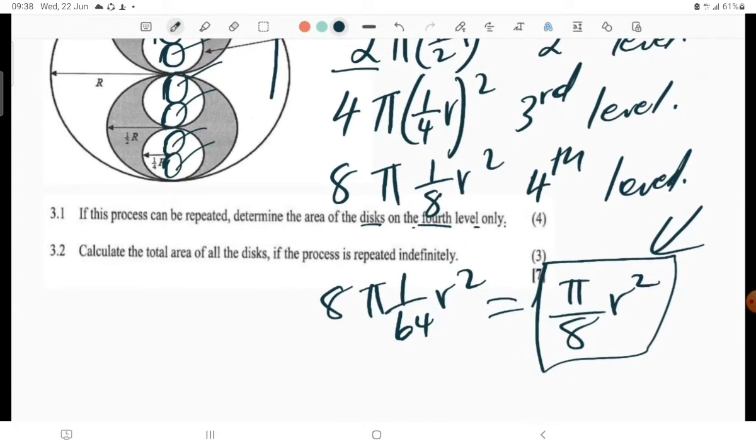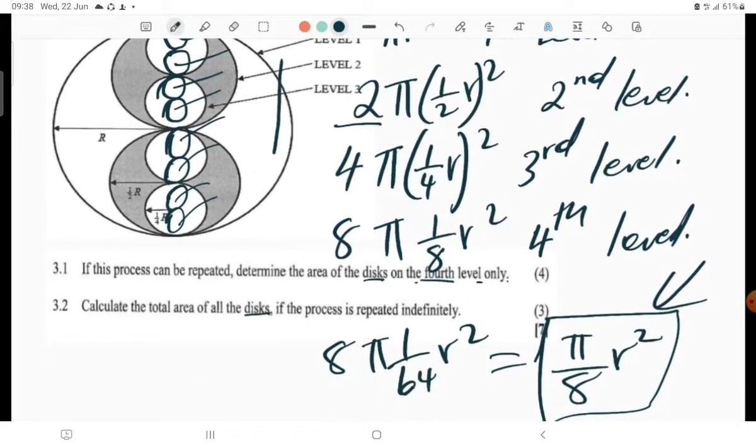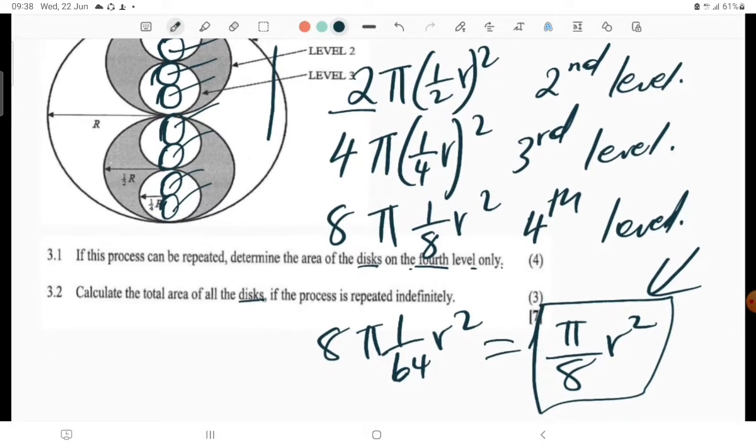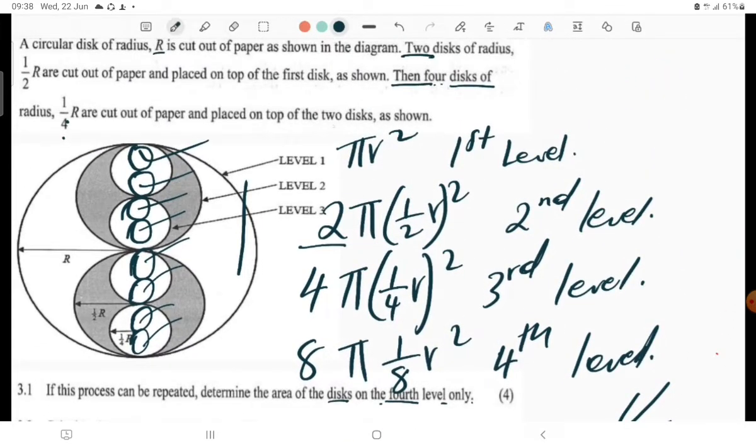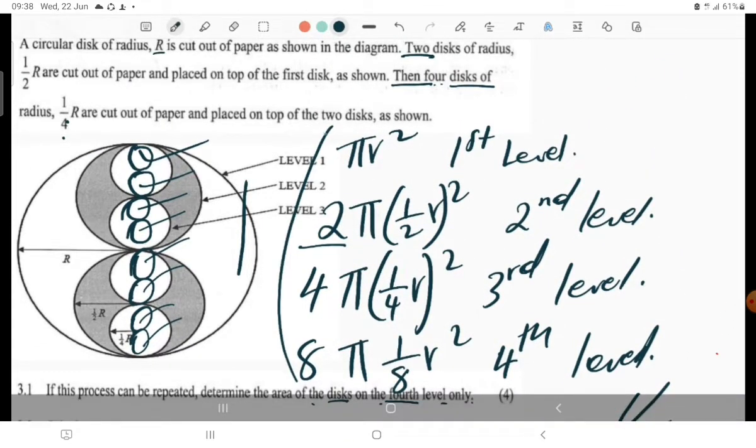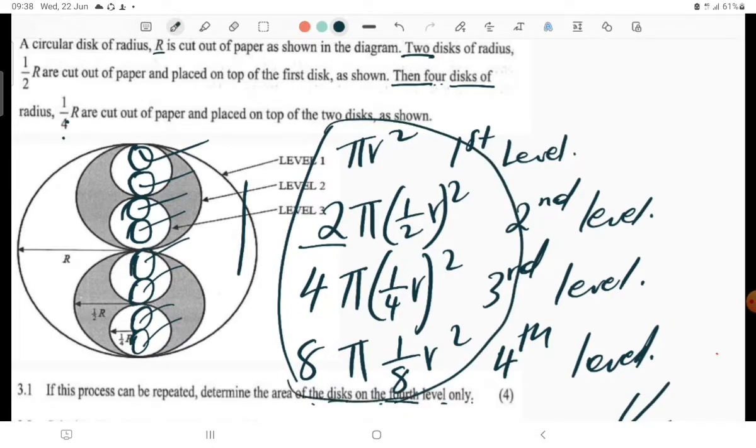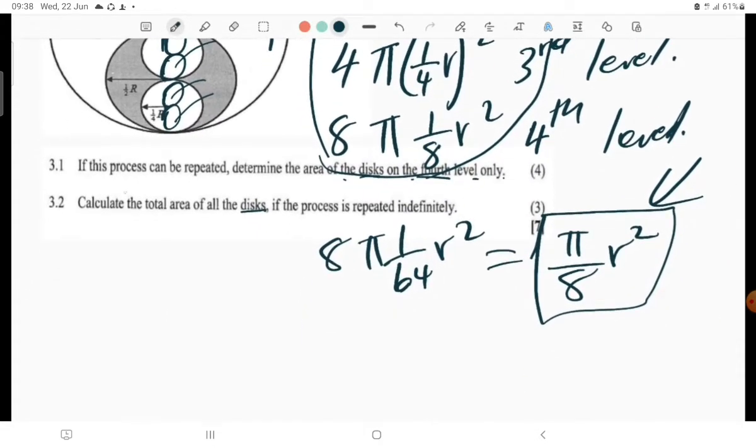The next one says calculate the total area of all the discs if the process is repeated indefinitely. So we need now to calculate the area of all the discs. Now we just need to create a pattern on what we have just done. When they say the total area of all the discs, if the process is repeated indefinitely, which means now you can think of the sum to